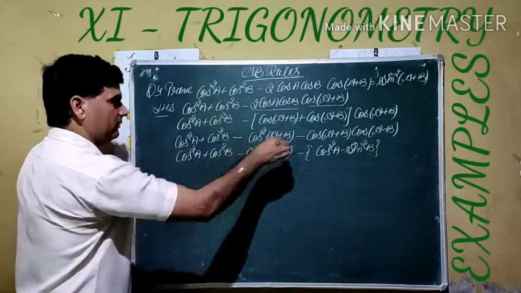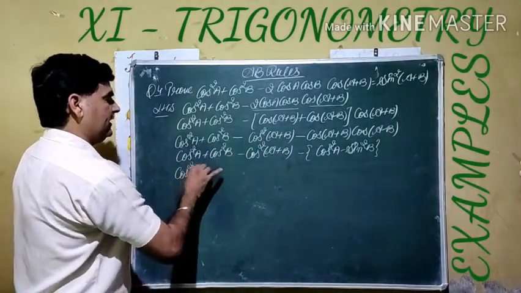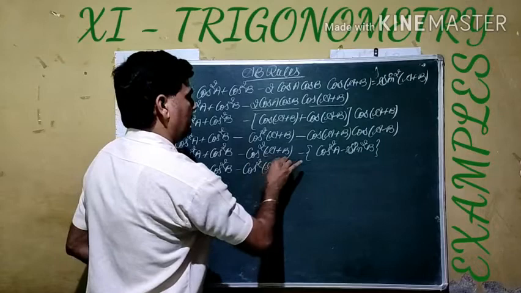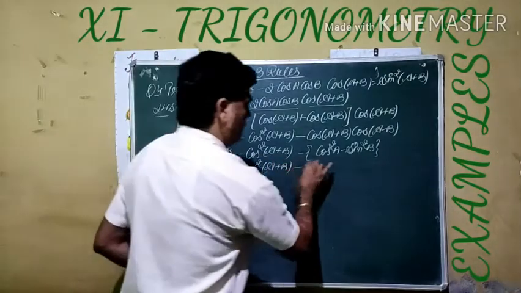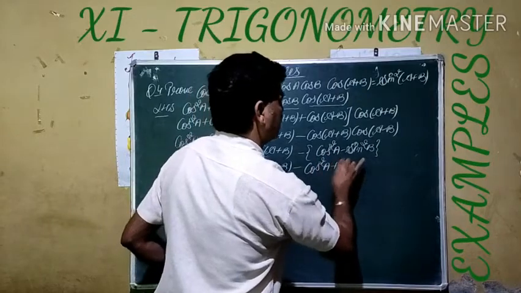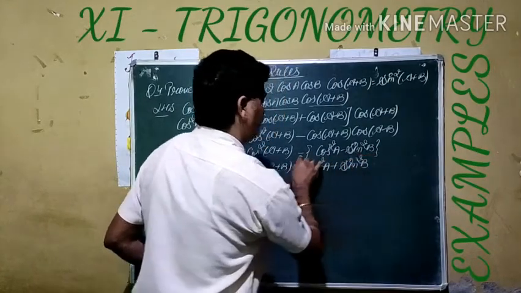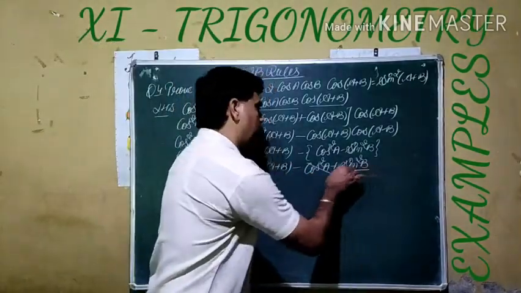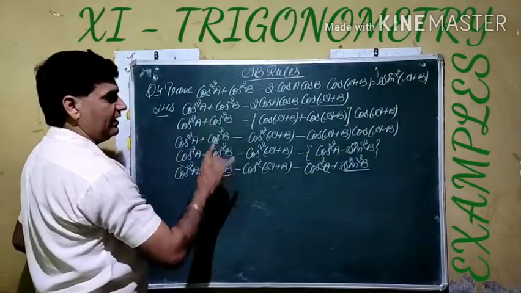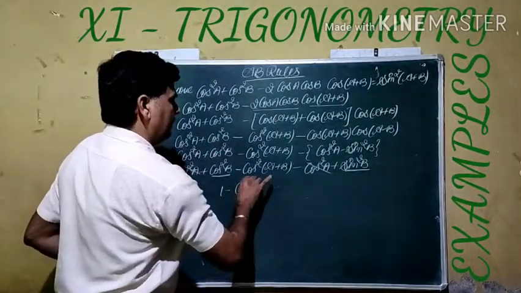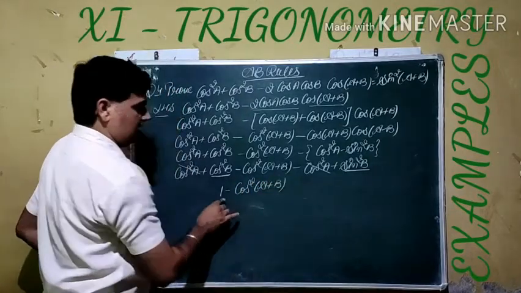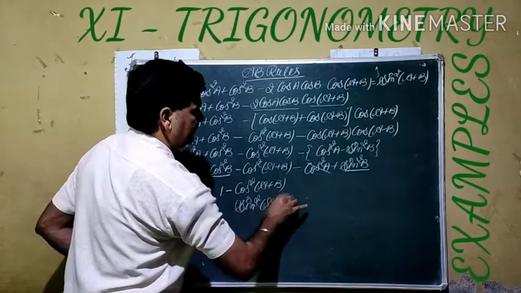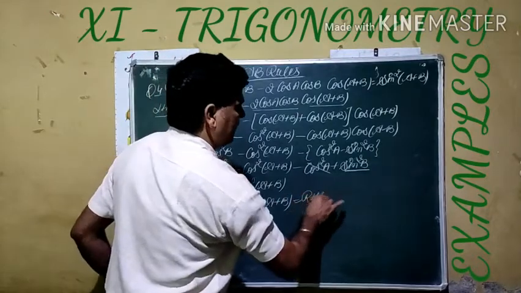If we open the bracket from the last one, we get cos²A + cos²B − cos²(A + B) − (cos²A − sin²B). Due to the minus sign change, cos²A cancels out. cos²B plus sin²B, the group of these two gives us 1, from identity number 1 of trigonometry. We are now left with these two terms, 1 − cos²θ, which is given by sin²θ. So it gives us the proof of the right hand side.